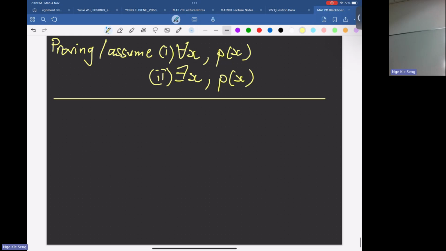I want to talk about these two differences. Proving and assuming are really important for understanding how to prove a statement and what to produce, and how you make assumptions. So let's take a set, a set of mice in this world. Let's name it M. In this world, there are, let's say, only three mice.